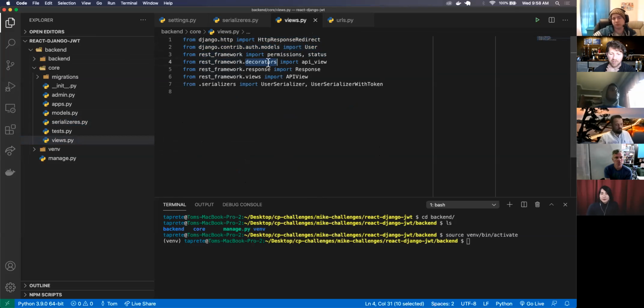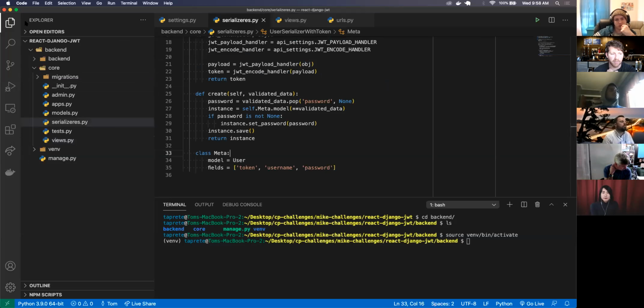We're grabbing a decorator, specifically the API view decorator, which essentially says what type of request we need to access this specific method. We're using the response class, and we're using the API view class from the REST framework, and then we're just importing the serializers from the serializers